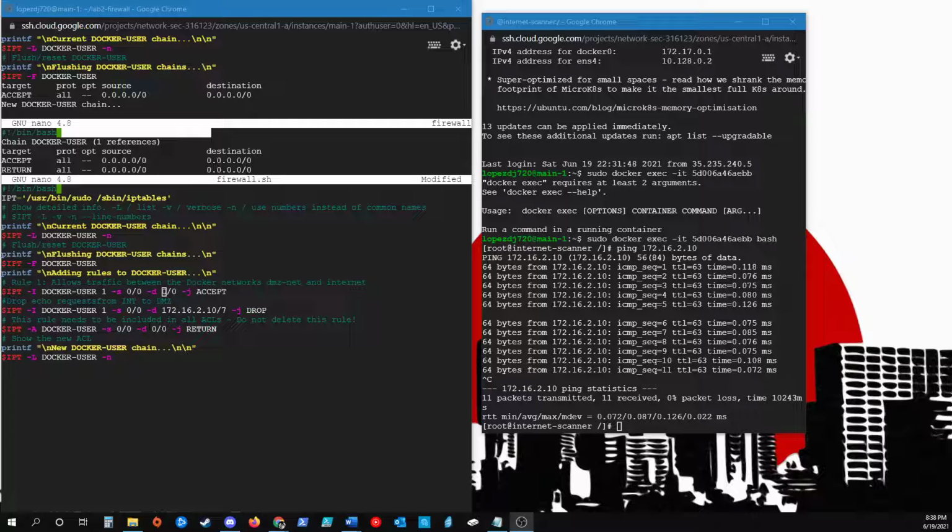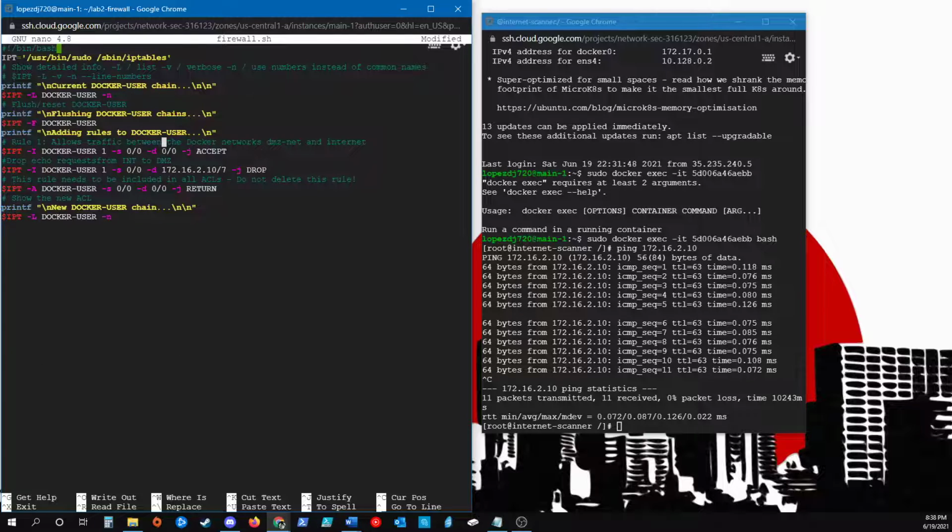So the internet IP, we don't have an IP for the internet, right? Because there's a bunch of IP addresses. That's why it's 0.0.0.0. It allows all IPs from everywhere. That's why. So I guess my question would be, how would you